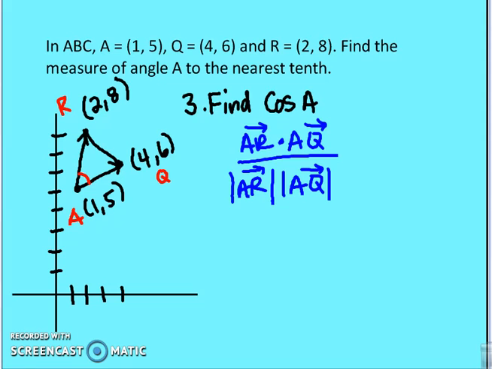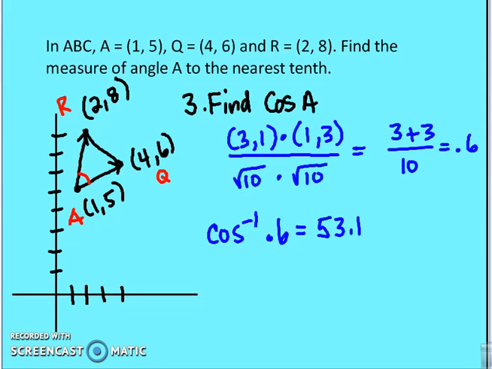Take my formula and apply the values. I end up with 3 plus 3 over 10, which is 0.6, and take the inverse cosine of 0.6 and end up with